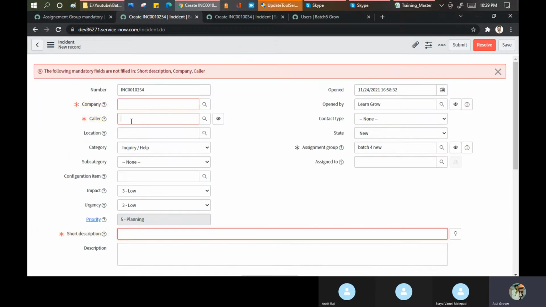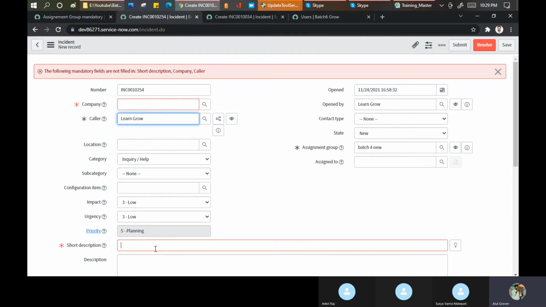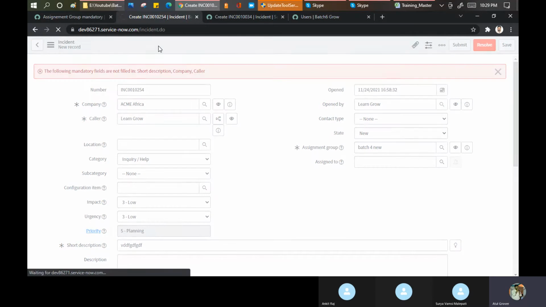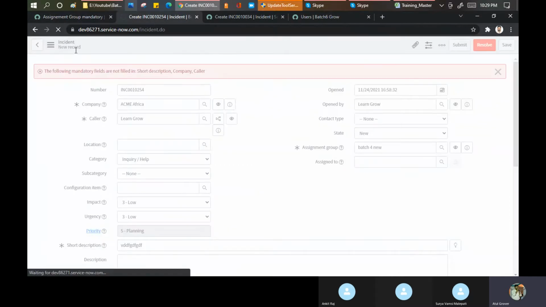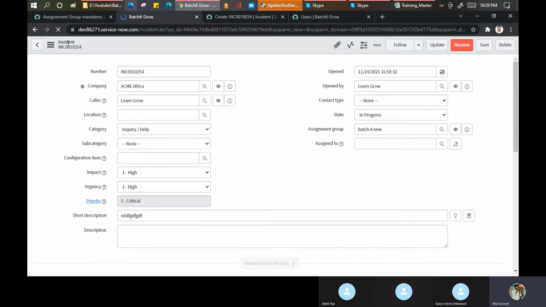Okay. Now I save it. Now, what its Global says, if you select it as global, it means all the views which are applicable on the incident table follow this UI policy.